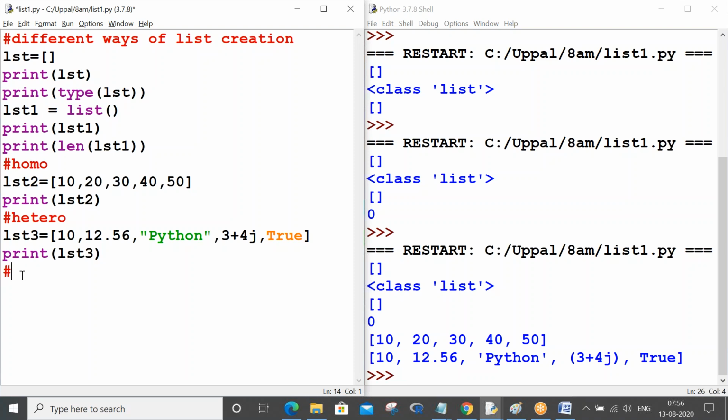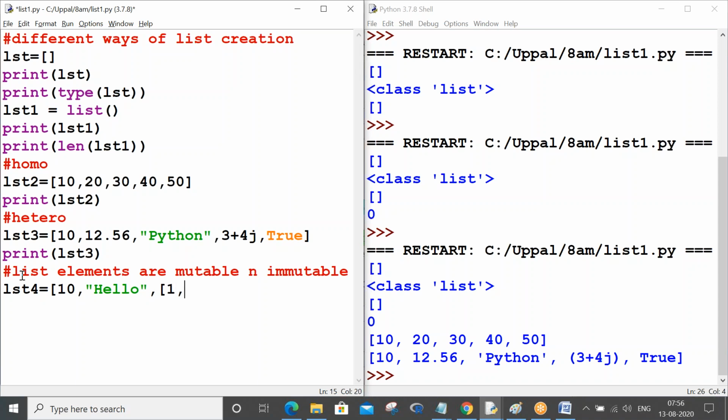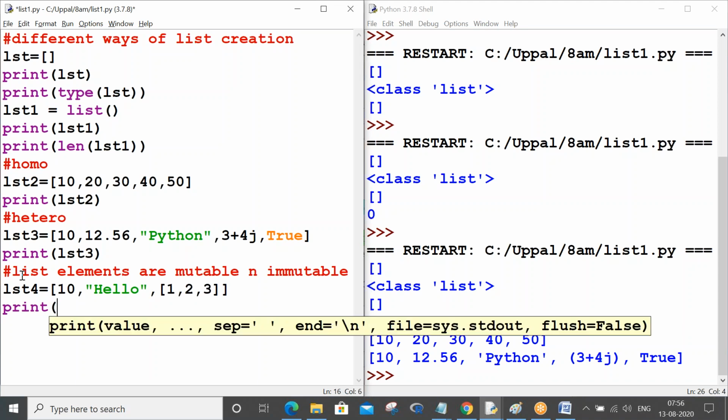Now list elements are mutable and immutable, right? So show that example also. Take 10 comma, let's say hello. Obviously these two come under immutable. Now what you need to do is show a list in a list. Okay, this is good enough. If this is working, yes, your point is valid.